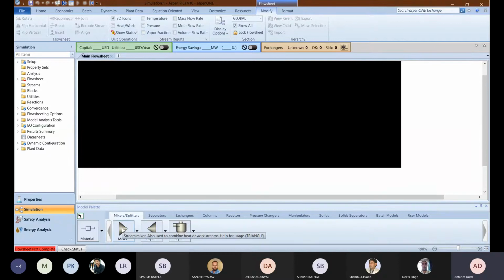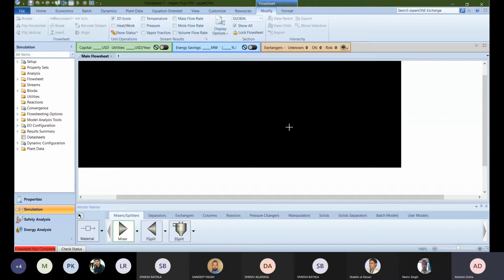mouse button. Okay, I just click the left mouse button, and when I come to this flowsheeting area, my cursor will change to this particular logo, which you can all see. I have made one single click on the model Mixer, and I will click once on the flowsheeting area. After clicking once, don't click a second time, otherwise you will be adding multiple models.